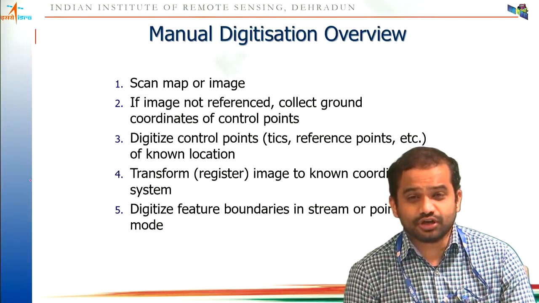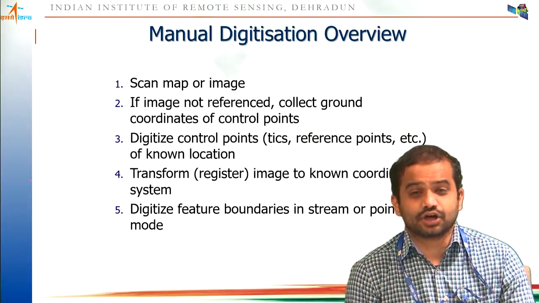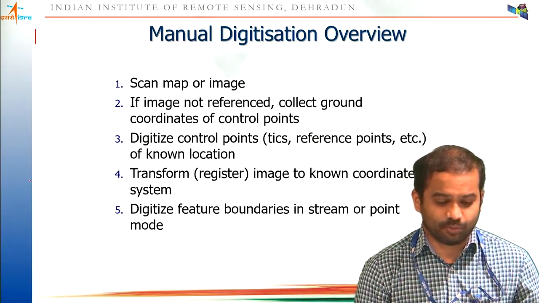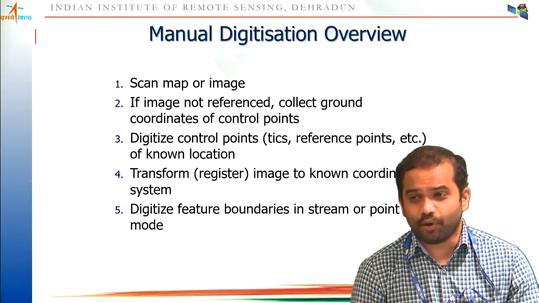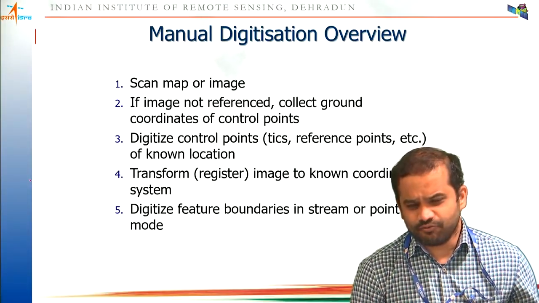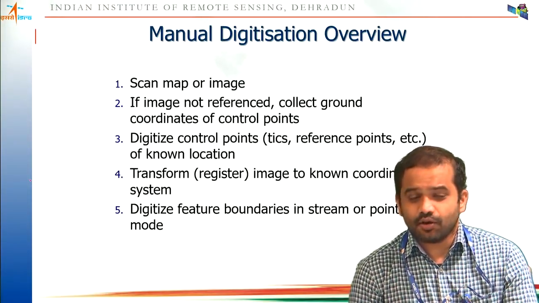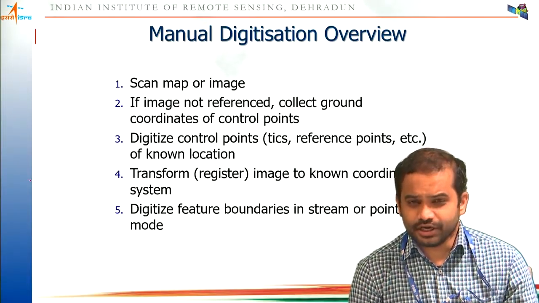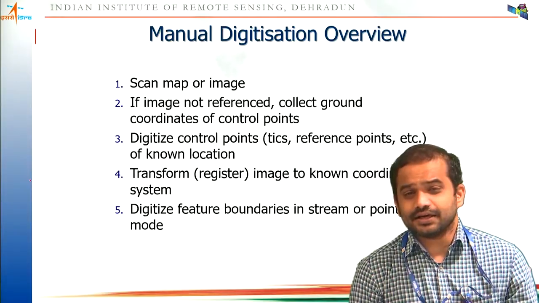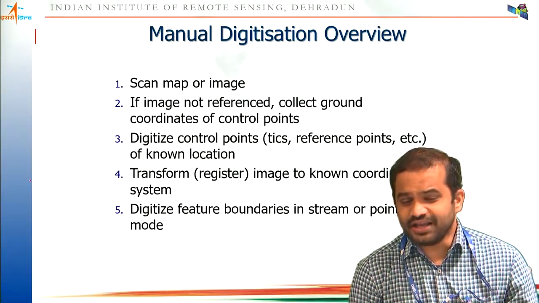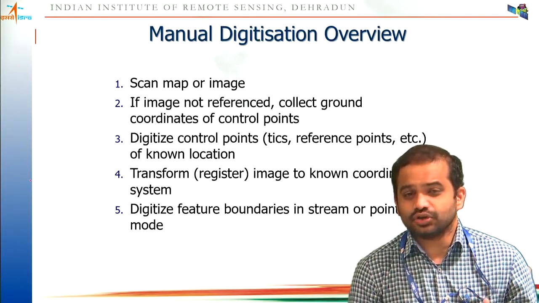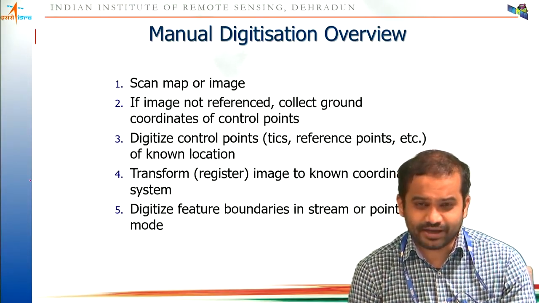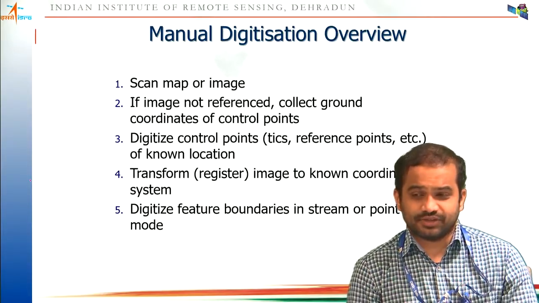This process of georeferencing requires collecting ground coordinate points. It means you should have control points. Within the image you should choose prominent points, say 4, 5, 6 or 10 points, which you can identify on the ground. By going to the ground or by browsing a high resolution satellite image, you can pinpoint the control points which you have identified in the map and find their ground coordinates.